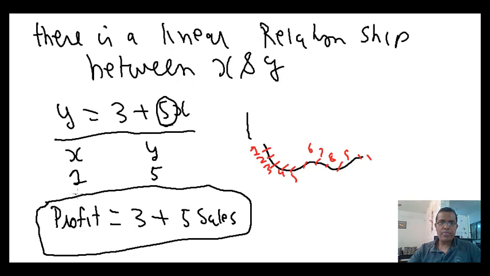So at some point your profit may increase by 5 units, at another point it may increase by only 1 unit, at another point it may increase by 10 units. And if you consider this scenario which I am marking in green, over here there is a negative relationship, because when x is increasing, y is going down. So that is why we assume that there is a linear relationship. Otherwise, decision making by the business is very tough if you do not have a linear relationship.